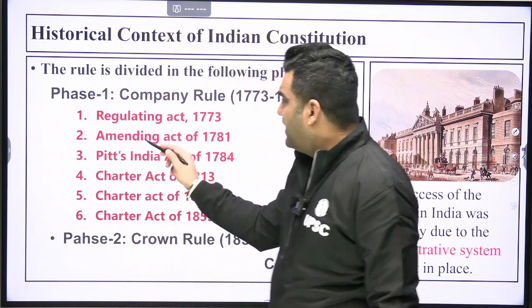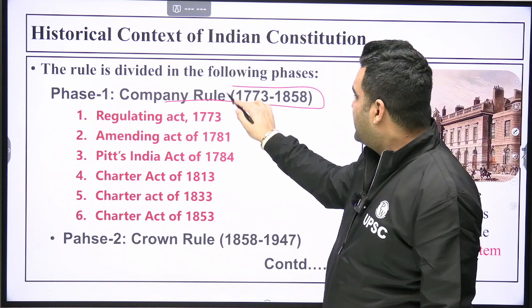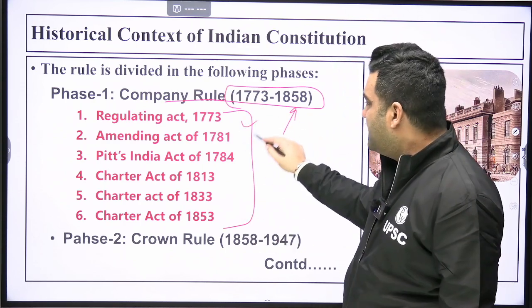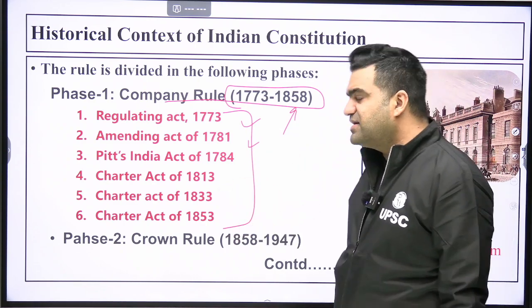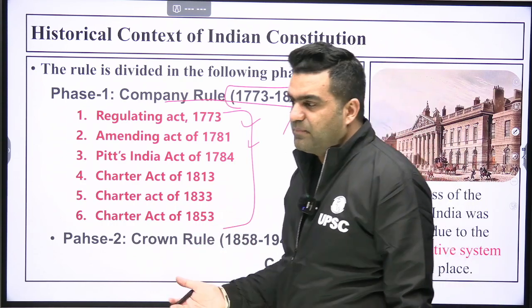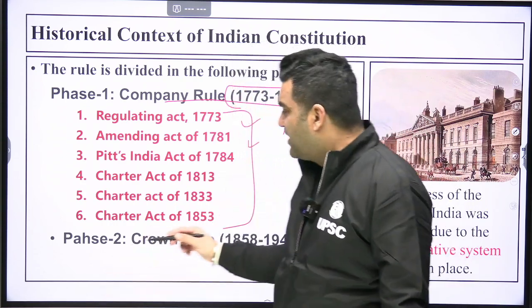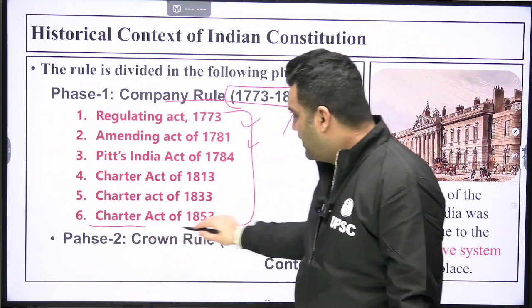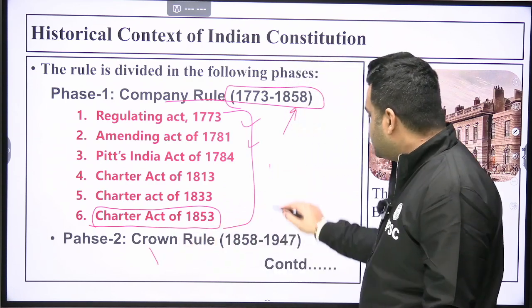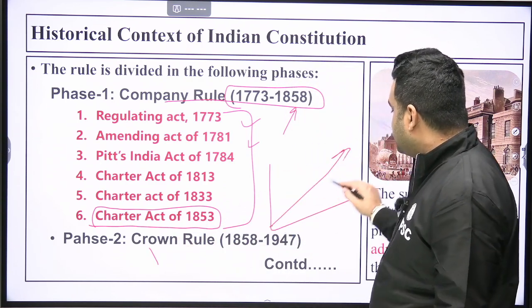Now see here, phase 1, the Company Rule, 1773 to 1858. These are the acts. Quickly we can revise them. This is the second time we are seeing them. Division into phases is very important for you to comprehend, because when we switch gear from this point onwards, you would see that the centralizing tendency gradually goes upwards from